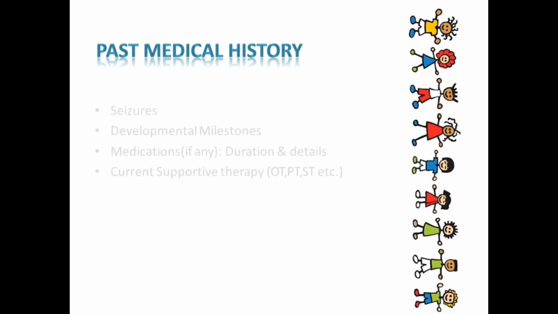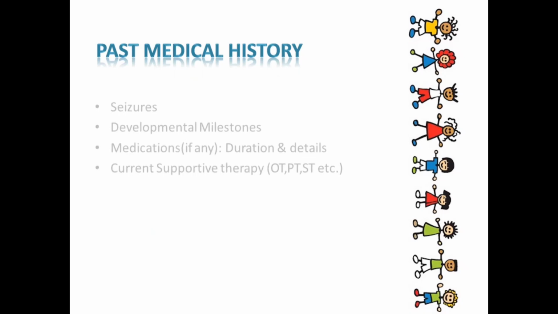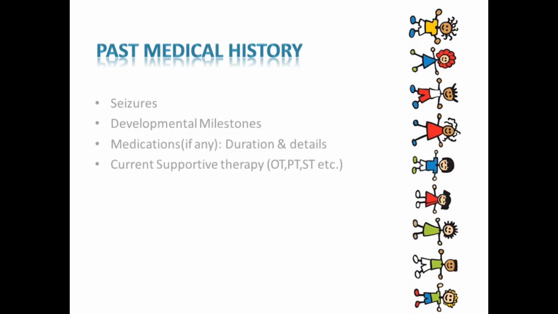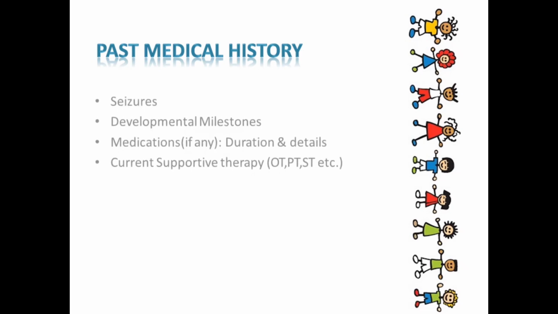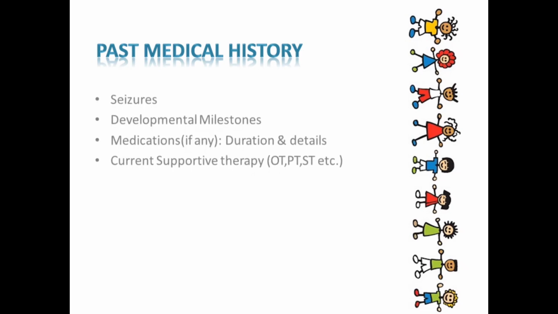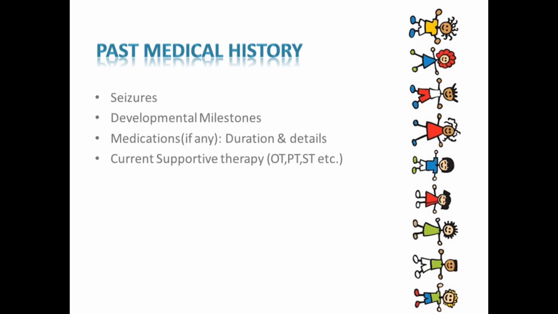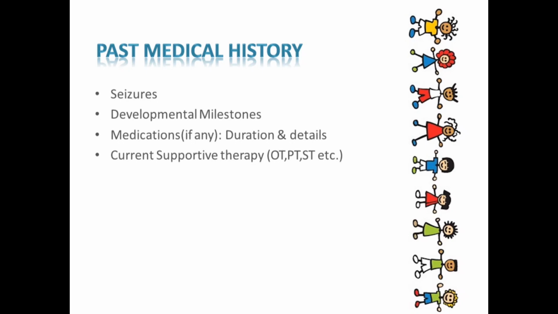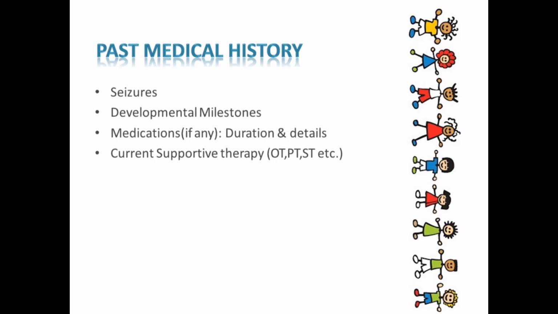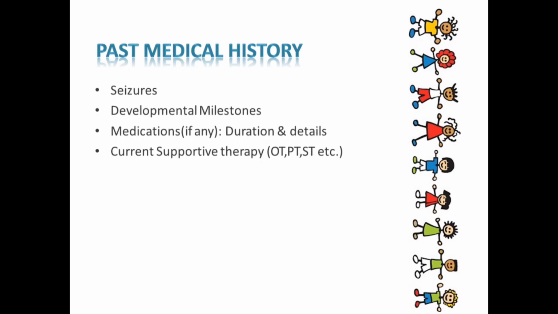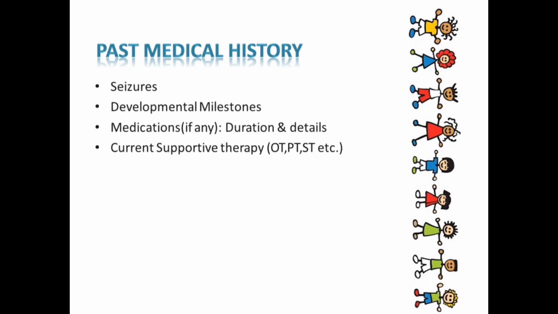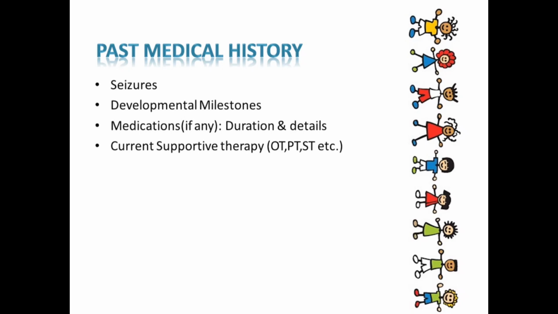Next is developmental milestones. It means, from birth to 1 year of the baby, how the baby's development is, whether global development is within normal limits or not. Due to some seizures, the baby's brain gets damaged, or due to that the baby's development gets delayed: neck holding, they cannot walk properly, they cannot give proper eye contact. So it is very important that you always ask whether the baby's development and milestones are proper or not.